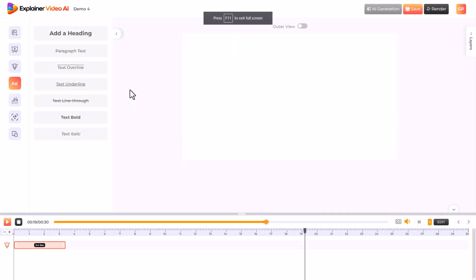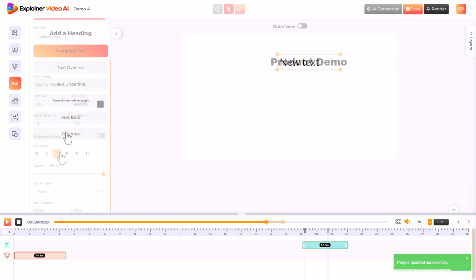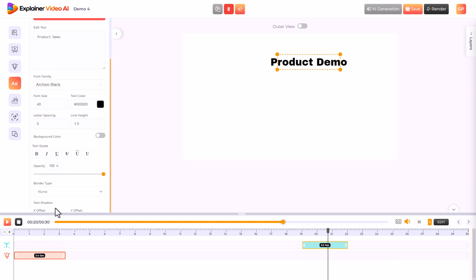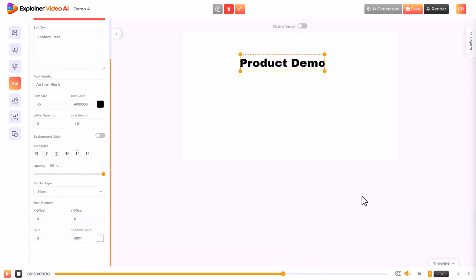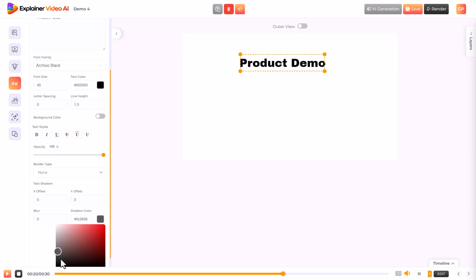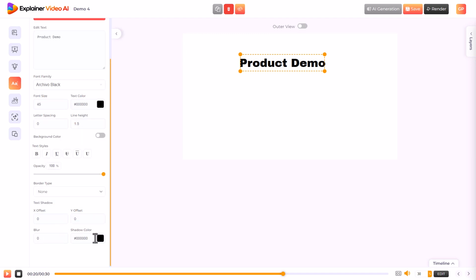So I've lost everything, so I'm going to save my demo 4 and I'm going to add a heading in. And you can see down here we've got text shadow, but for whatever reason I can't seem to access it. If I drop that, then I can access my text shadow. That's not very good. So I'm going to go down here. I've picked a black shadow. I'm going to offset by 2, and I'm going to blur like so for 7.